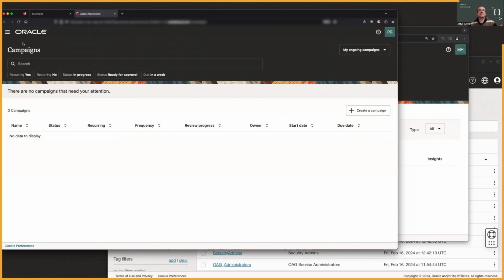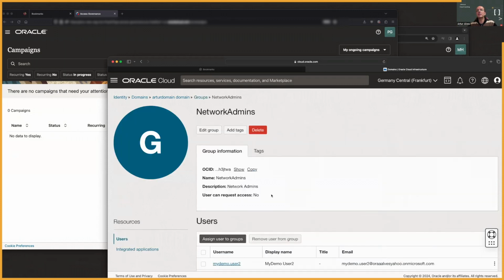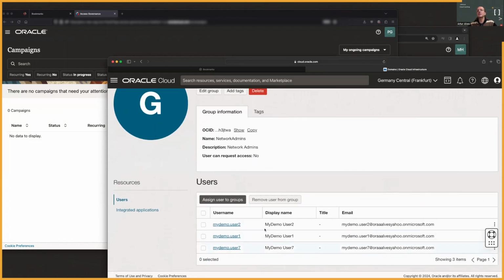So basically, this is the demonstration I wanted to show you. Oh, by the way, I didn't show you the group membership happening. So I revoked user 8. You see, user 8 is no longer part of the group membership because of the action that was taken. You remember that Mark revoked user 8. So yeah, this is it in terms of the demonstration I wanted to show you.